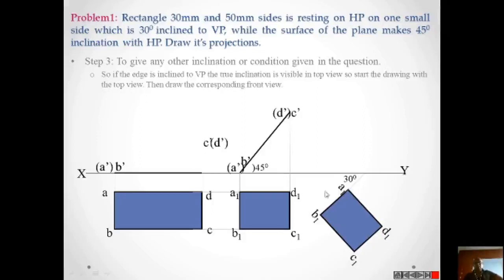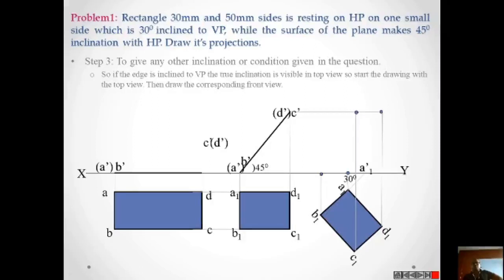So after getting this top view, we have to drop the projections. So these are the projections from A1, B1, C1, D1. We are drawing the projections. Then we have to draw the locus lines. See, locus lines we are drawing, and we are identifying the intersection points. Now the same thing we have done here, we have to do here.